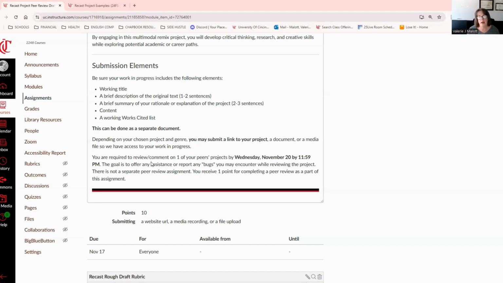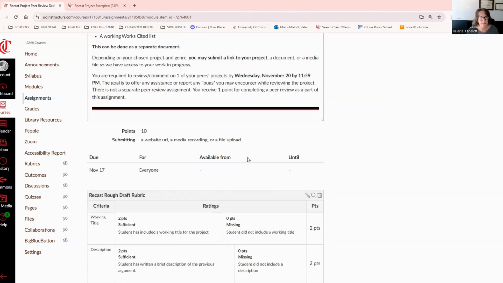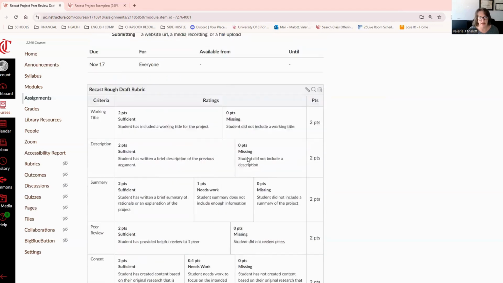There will be a requirement for peer review, just one person, by Wednesday, November 20th. So this is due on the 17th, Sunday the 17th, with a quick turnaround. Actually, I think I'm gonna change that date. I think peer review is just gonna be completed that week before Thanksgiving. I don't have a separate peer review assignment for this, but you'll receive a point for completing peer review as part of the assignment.